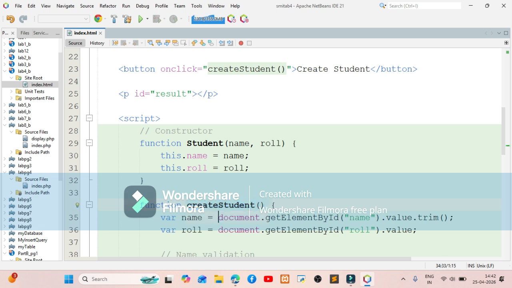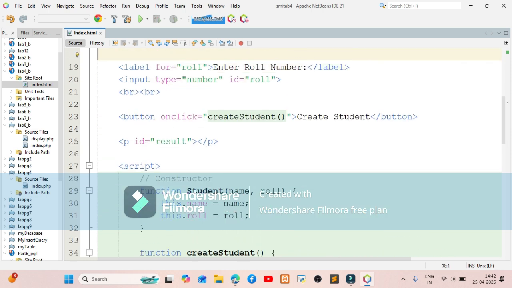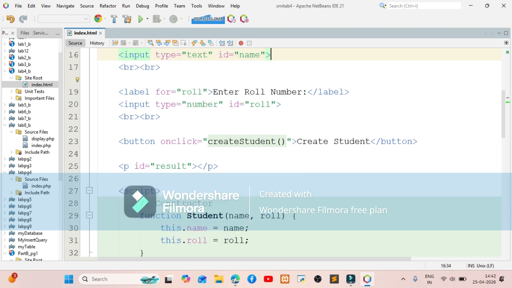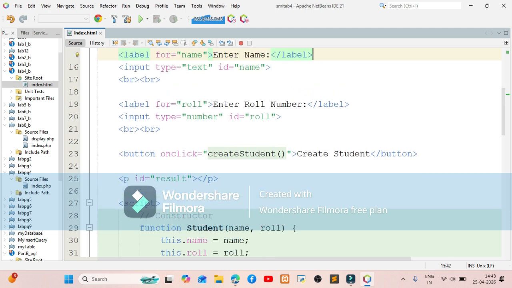So in this function, we are trying to capture the value which the user enters in the form element. Now which form element? The element whose ID is name. So let's go up and check which is that element with ID name. So here you see this is the input type for the label name, and this first input tag has the ID name.